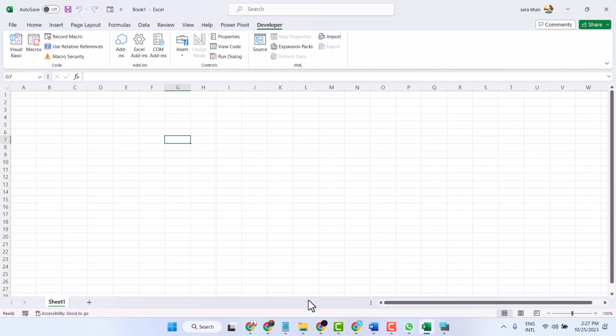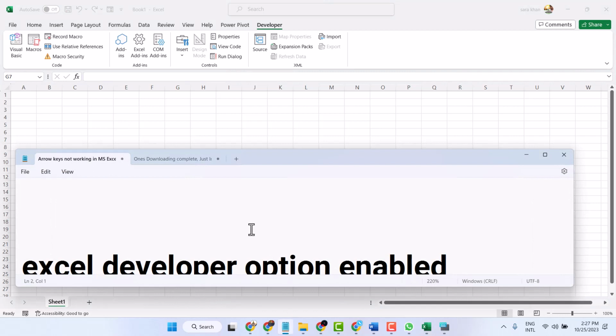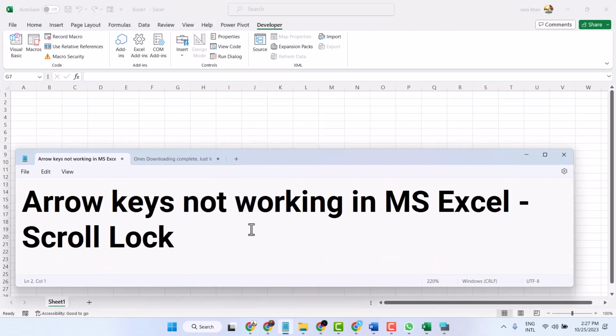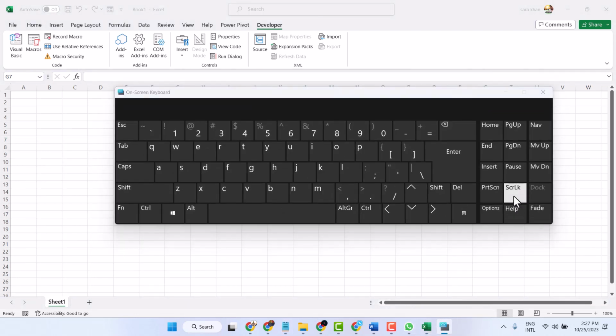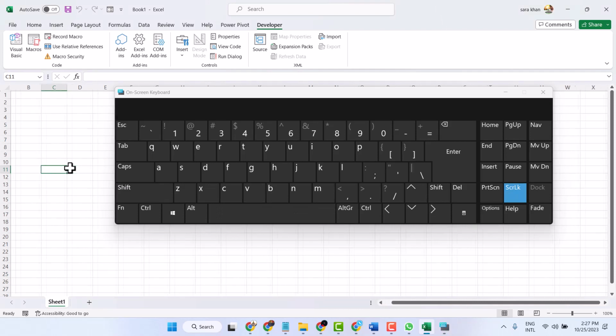So this is the method guys you can fix and resolve this problem. Just search on screen keyboard and unselect this scroll lock. If scroll lock is selected, so you will not be able to use arrow keys to scroll. And once you make it disabled, so you can use